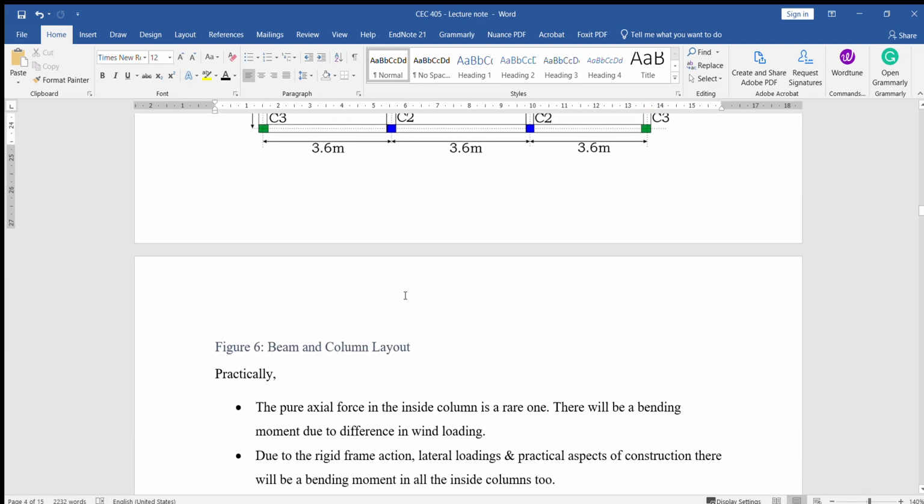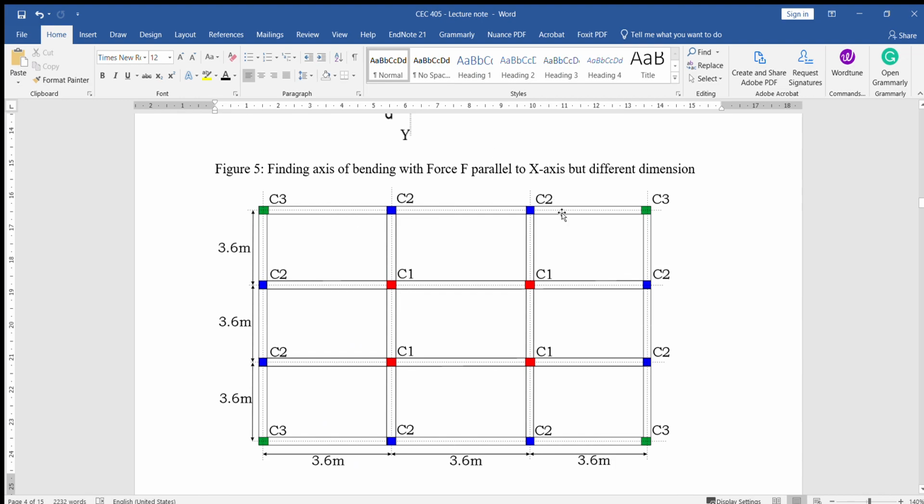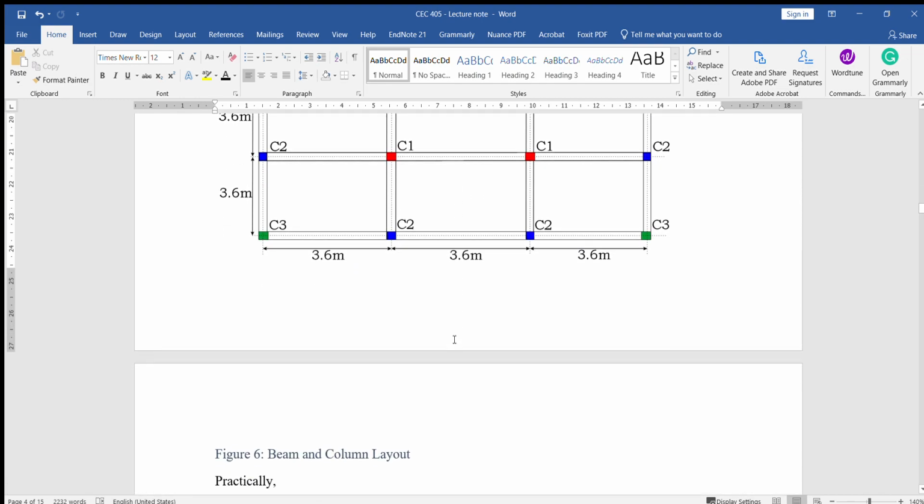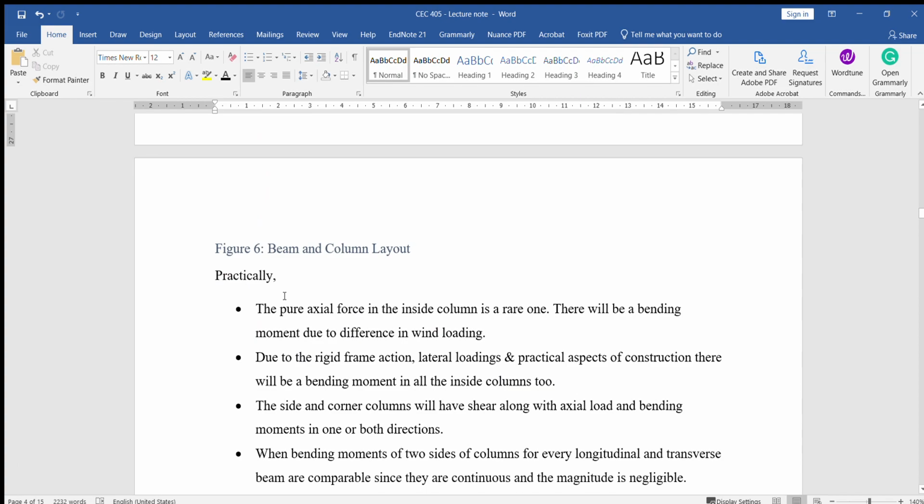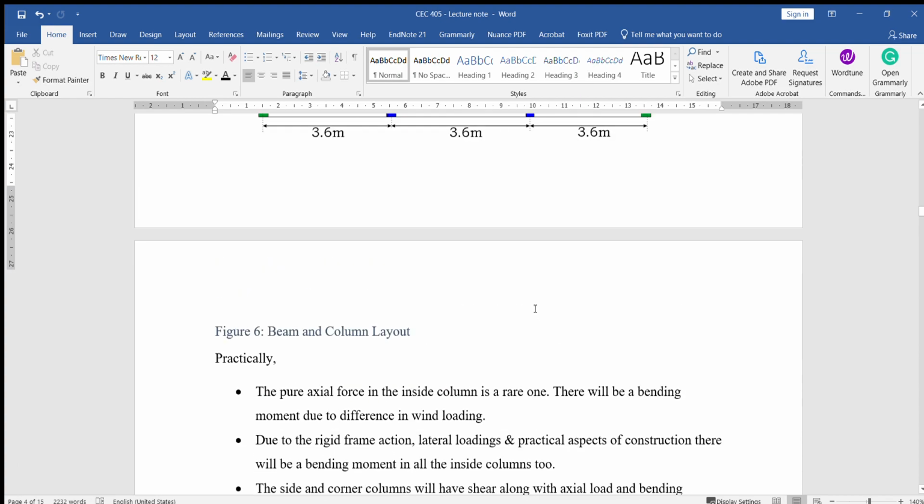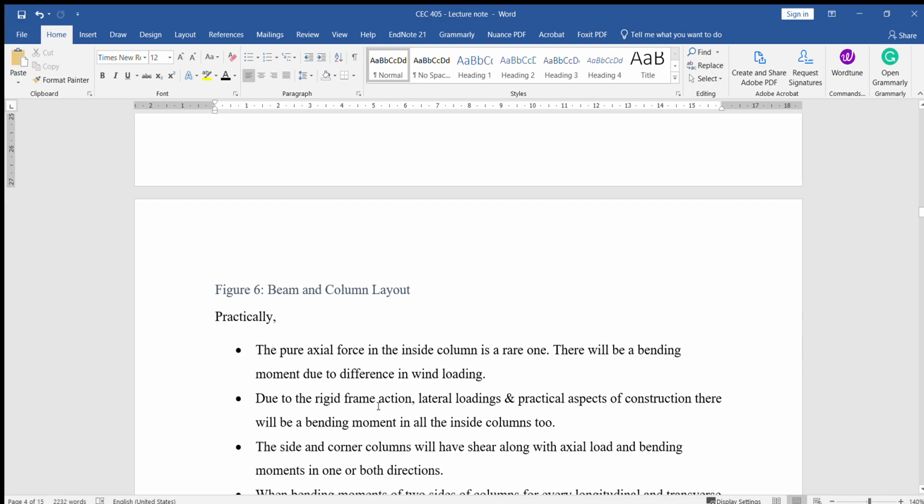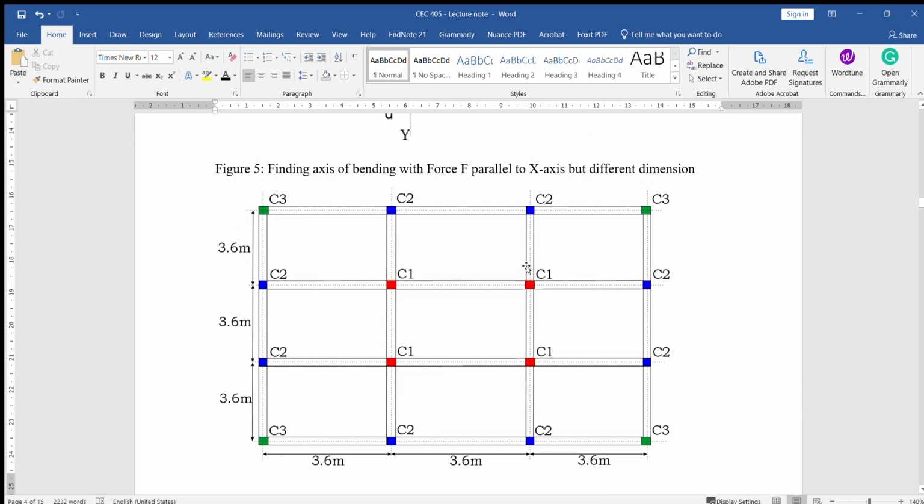Okay, before I go to it, let me make some explanation. I said practically the pure axial force in the inside column is a rare one. That is, there will be a bending moment due to difference in wind loading. Due to the rigid frame action, lateral loading, and practical aspect of construction, there will be bending in all the inside columns too. So what I'm trying to say is that though we are treating it as okay, in this place everything is the same,